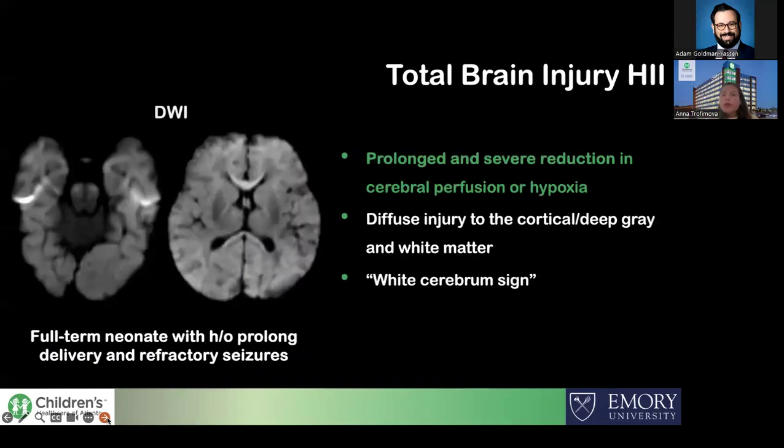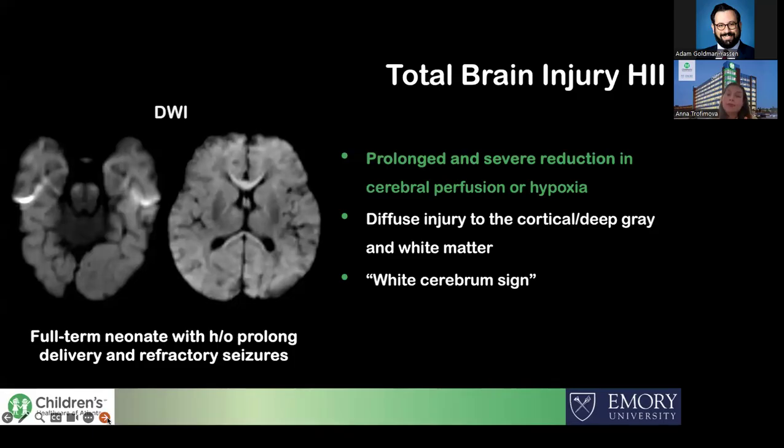And finally, the third pattern that we can see is the total brain injury, which basically means that there has been a prolonged and severe reduction in cerebral perfusion or hypoxia. In this case, we can see really diffuse injury to cortical and deep gray matter structures, as well as white matter structures. And this is known as a white cerebrum sign, like we can see in this example